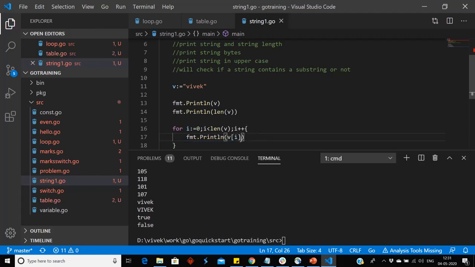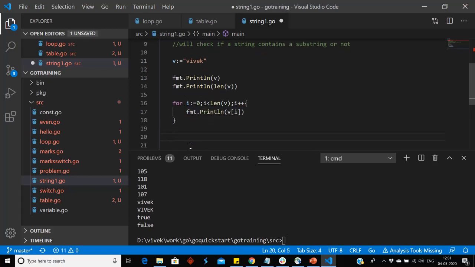As we know, a string is a byte array, so we can print an element of the array with its index. This will print the byte array.